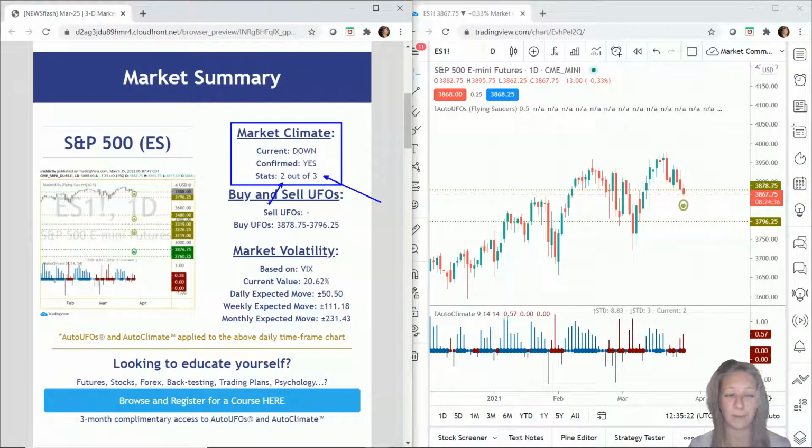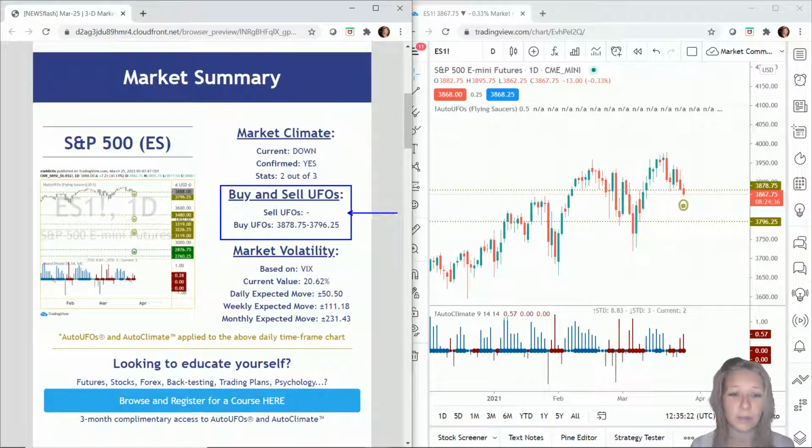That's not to say, by the way, that we don't go past what usually happens or fall short of what normally happens. That is normal for us not to reach the average all the time, of course. But the stats just give us an idea of what's more likely to happen. So again, based on what's likely to happen, we have another day or so of a move down. Now, when it comes to buy and sell UFOs, we have no sell UFOs above us. Again, the app is scanning the data and it's coming back and saying there aren't enough sell orders above us for us to pick it out.